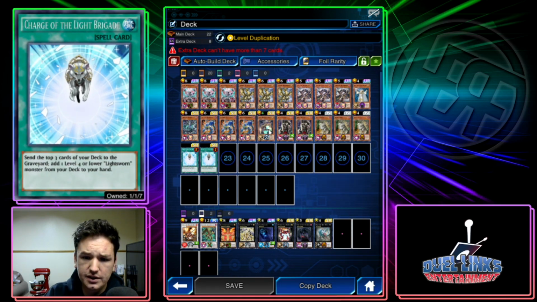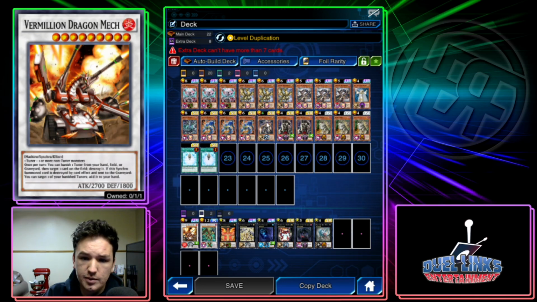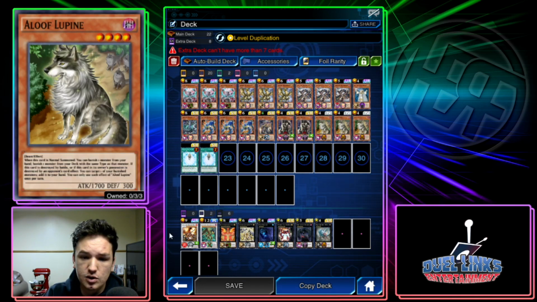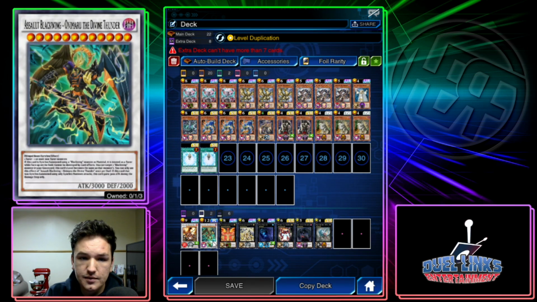So Charge the Light Brigade, same box as Raiden. The Judgment Force with all the Blue Eyes stuff, very easy. We just said Vermilion Dragon mech is in the same box as Aloof Lupine, which was the Blazing Rose. So that's pretty easy to get. And then